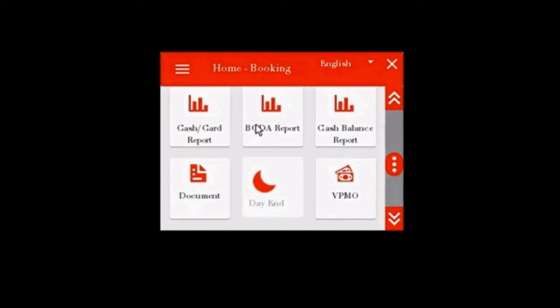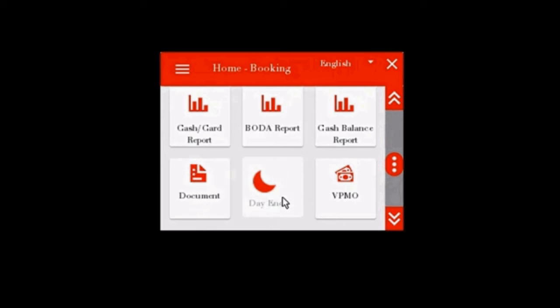Option is document. This option allows the BPM to add documents which will be sent to account office or sub office from branch post office through bag. This entry will reflect in BO daily account or BODA report generated at the end of day's work.